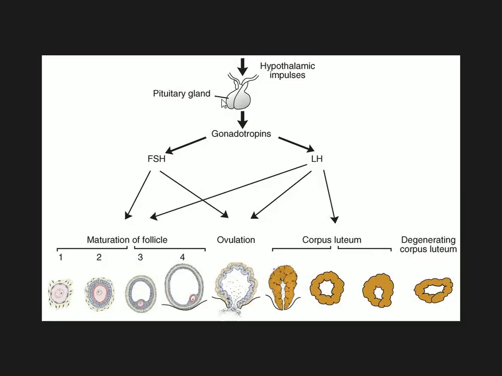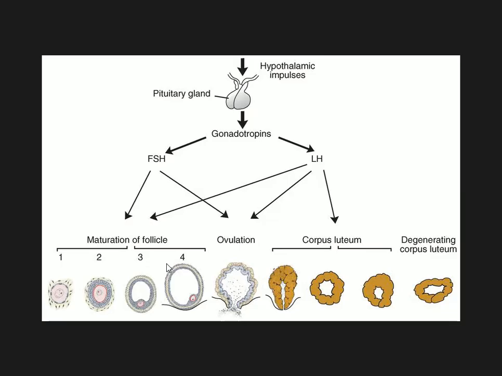And the anterior hypophyseal part secretes two important hormones, two kinds of gonadotropins, named FSH and LH. FSH, follicle stimulating hormone, is responsible for the proliferative phase. As a result of the secretion of FSH, and under the influence of FSH,